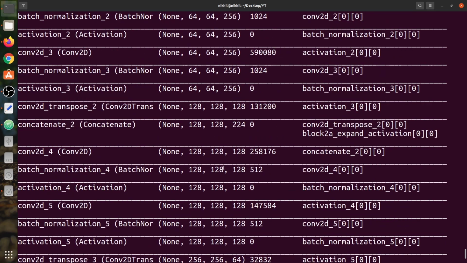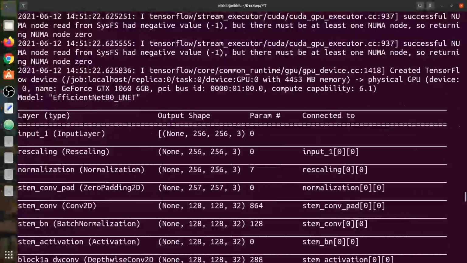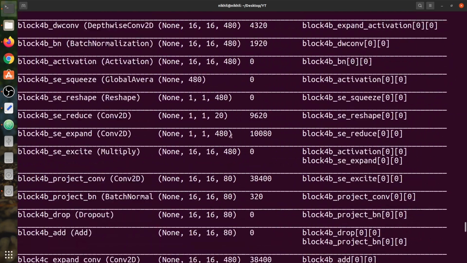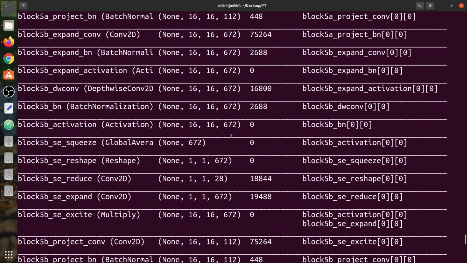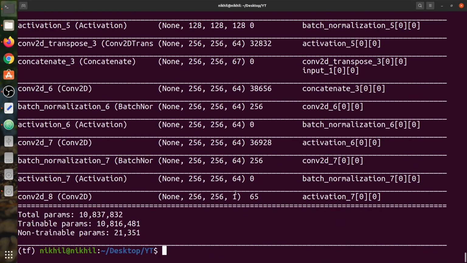Okay, so you can see the complete summary of the architecture is really huge. I will also zoom in. You can see it starts with the shape of 256 by 256 by 3, then it goes through the entire pre-trained encoder, then the bridge, and then it follows through the decoder where the features are enhanced and upscaled, and then we finally get our required mask with the shape of 256 by 256 by 1. You can see the number of parameters. These are trainable, and we have some untrainable parameters too. These untrainable parameters are basically from the batch normalization.